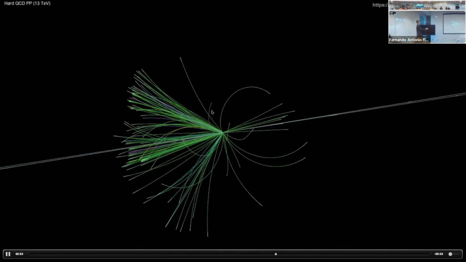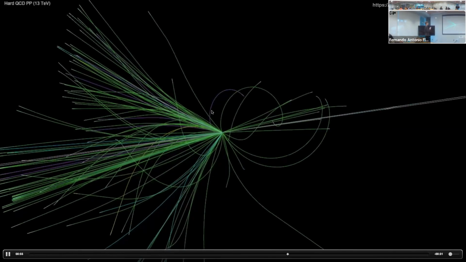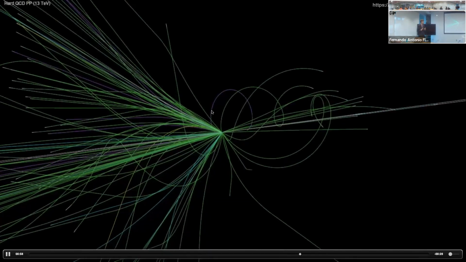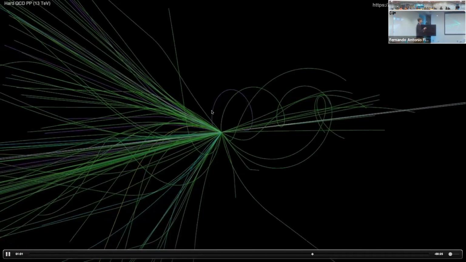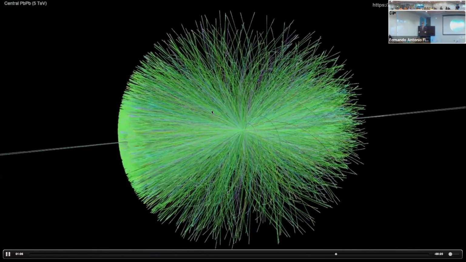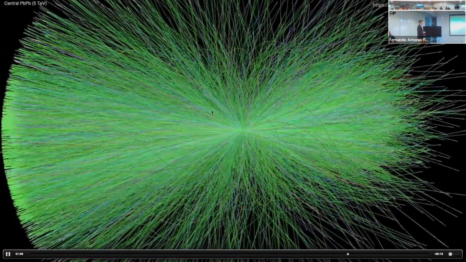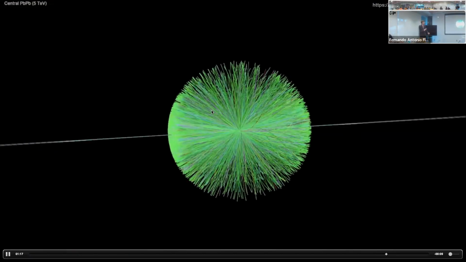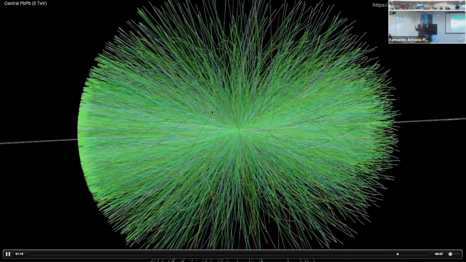Here's another example. And now I'm going to show you a heavy ion collision, which looks very different from proton-proton collisions. Coming up in just a second. This is a heavy ion collision. As you can see, there are many, many more particles produced. And in fact, the lifetime of the quark-gluon plasma produced in this collision is 1 trillionth of 1 frame of this simulation. So what we're seeing here is actually the hadrons coming out of the quark-gluon plasma. We have to detect those hadrons to actually make inferences about the quark-gluon plasma itself. And so in order to detect all those hadrons and calculate their trajectories, we need a particle detector.